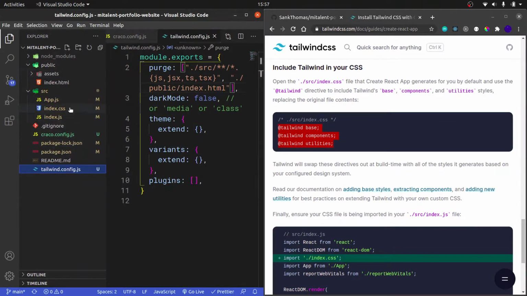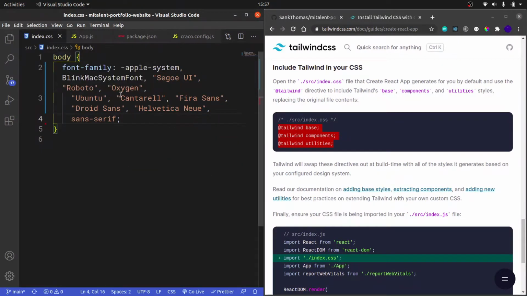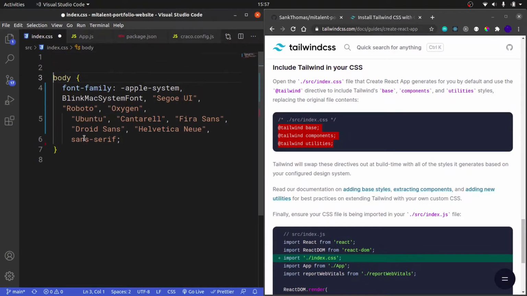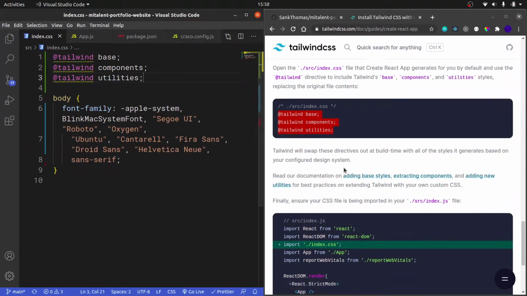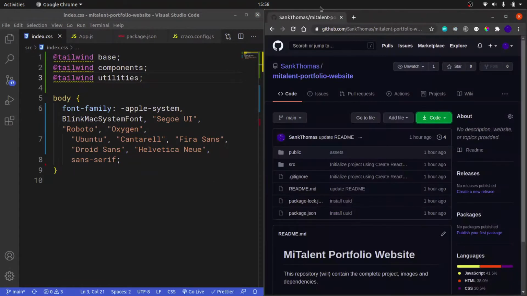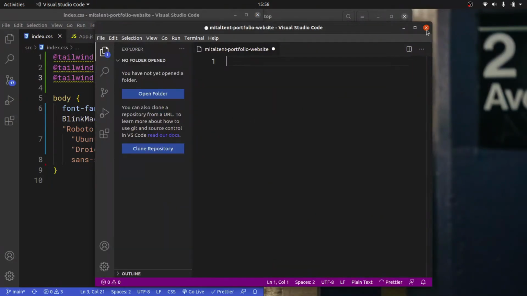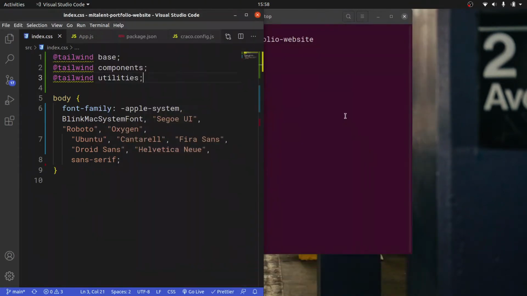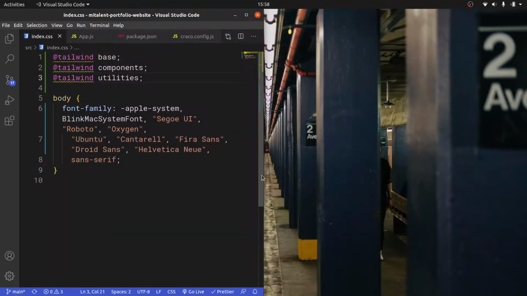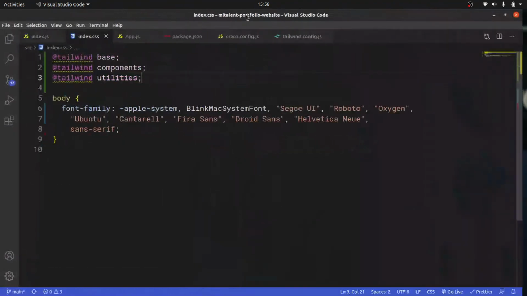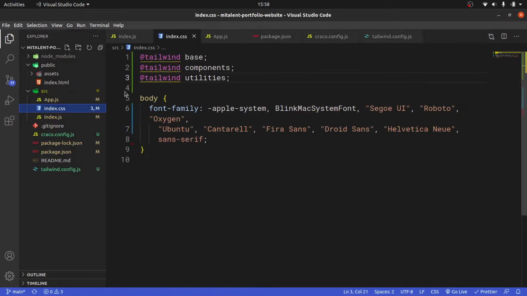I'm going to go inside my index CSS, and right there at the top, I'm just going to paste that in, and that's looking amazing. So I can close that down, and I can close this repository down, and I can close this down as well. Don't save this, and I can close this down as well. Okay, fantastic. Now that we have Tailwind CSS installed,